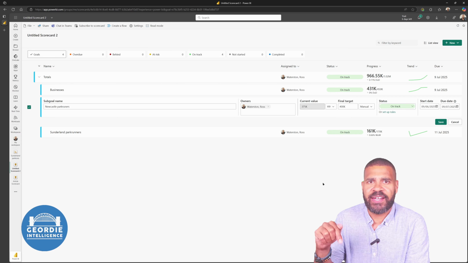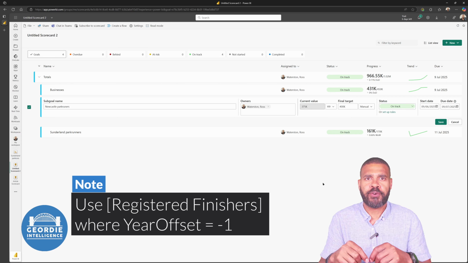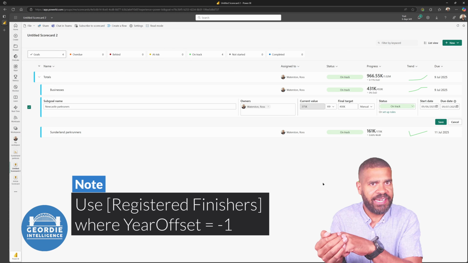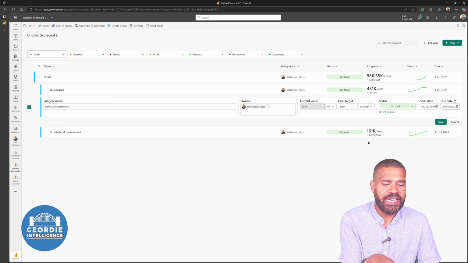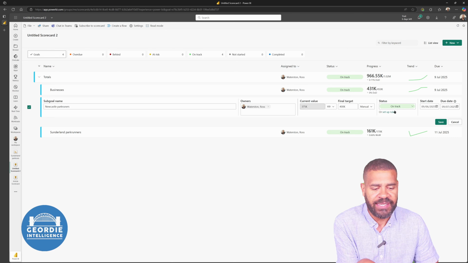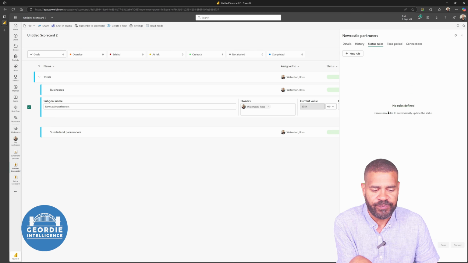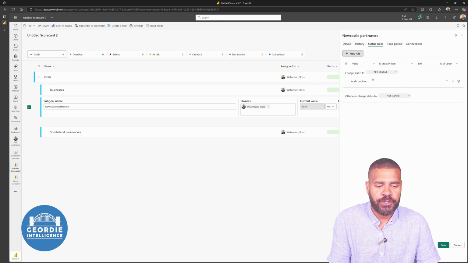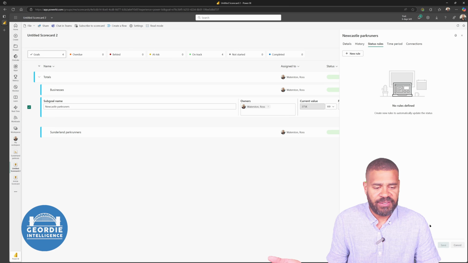We can take that value, put it onto a report, then extract it and bring it into our scorecard. We can then use logic for here, set up rules on here. So a new rule where value is greater than target. Yeah, it's on target, it's not on target, something like that.